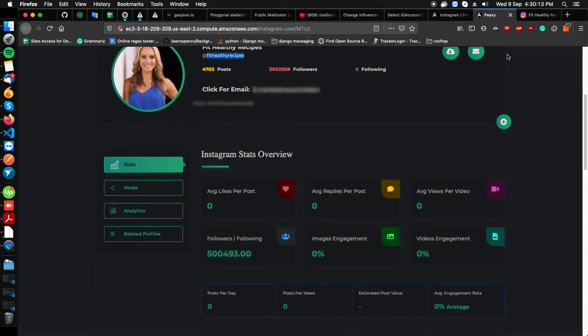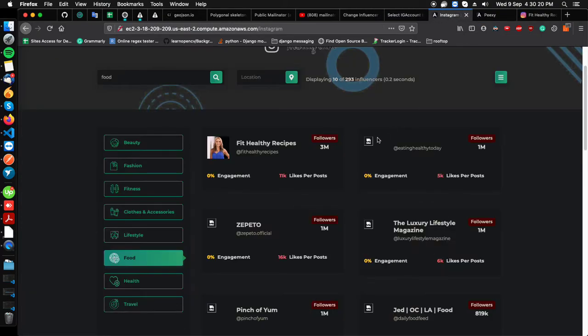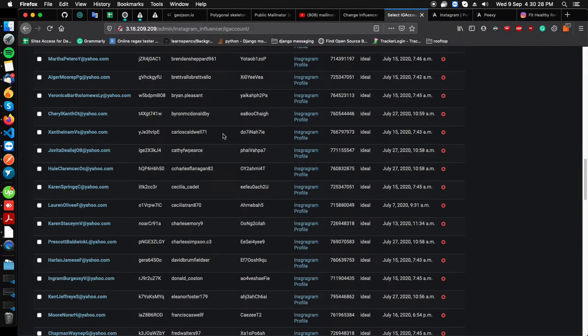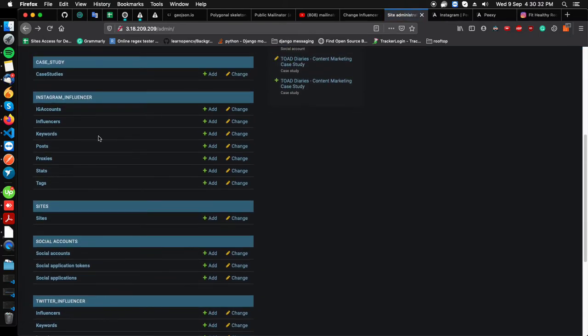So how it works: we record a keyword and then retrieve related tags for that keyword from Instagram. Let's have a look at the keywords.